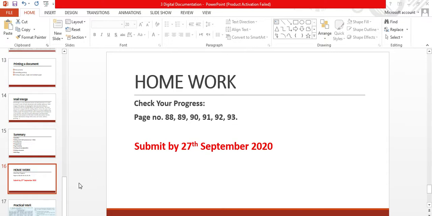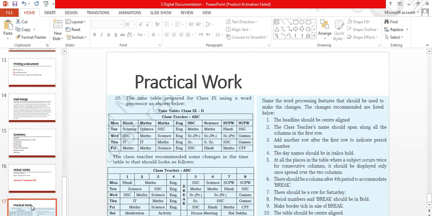So today we are going to do the practical work. Homework will be in your notebook, but the practical you should do on your computer and send me that file. Here is one example of a practical that I am going to do to show you. Other examples I will give you. You should do them and send me the work.